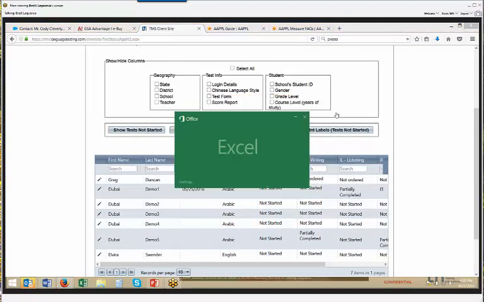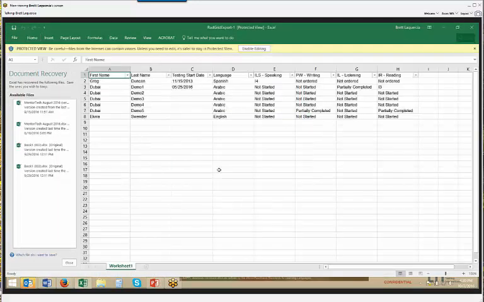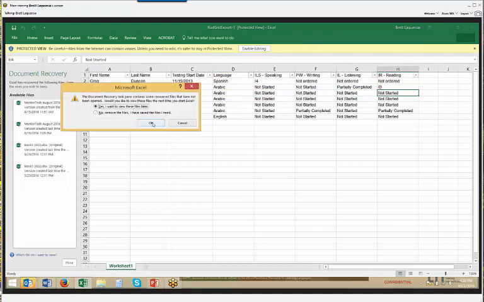Come out in a nice, neat, clean Excel sheet. You'll have to say yes. It'll ask you if you trust the website to download a spreadsheet. Comes out all nice and neat. First name, last name, test start date, language, speaking, writing, listening, reading scores. Okay. And then also,